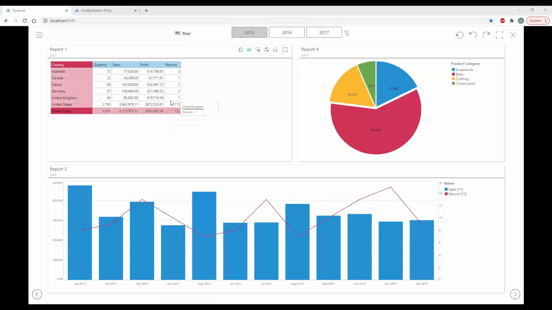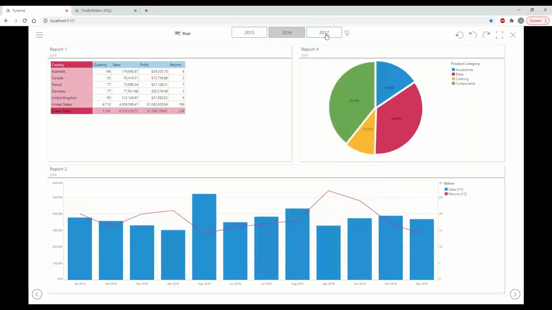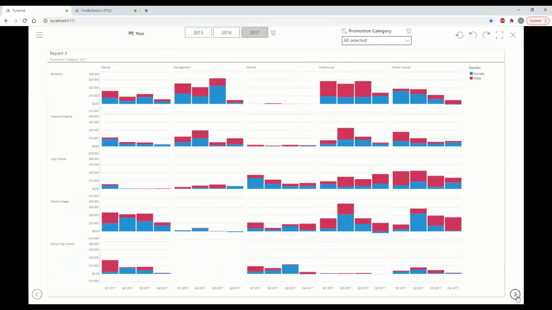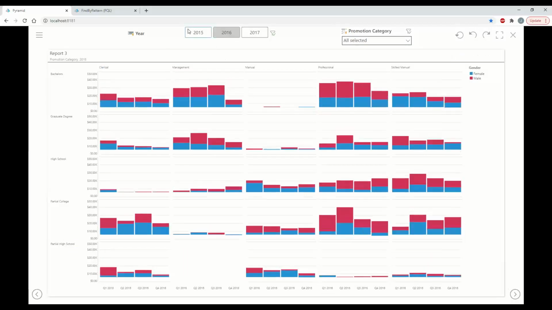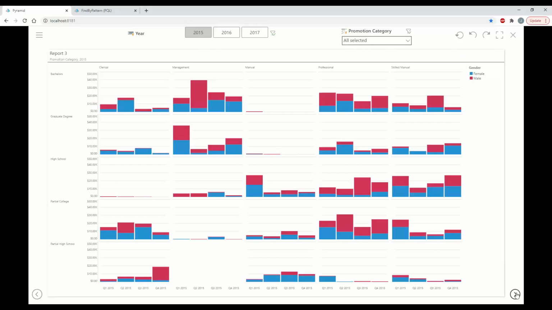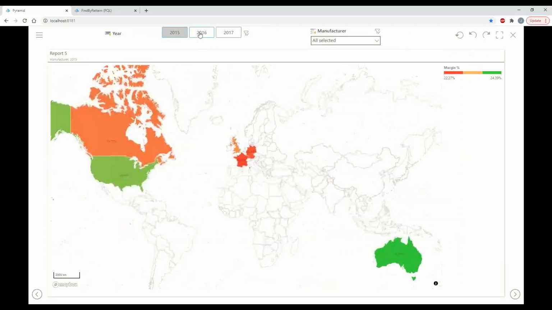We've got a dashboard here that's got some content that's using a slicer here for dates. And this dashboard happens to have 3 pages to it. All 3 pages are using this date slicer. And so we're going to see what happens when you make changes to the names of objects and how Pyramid